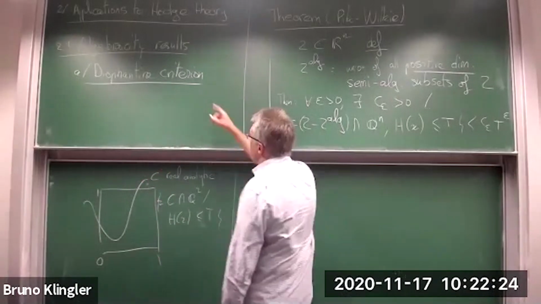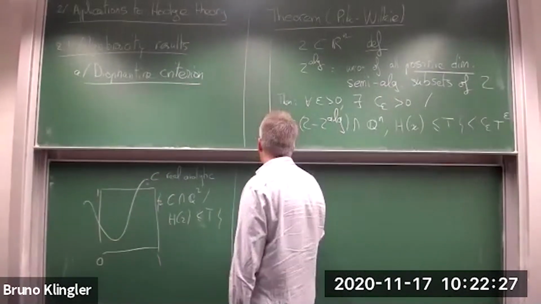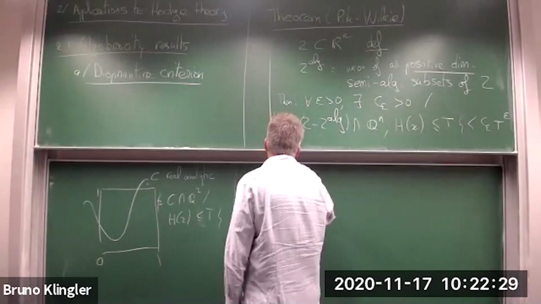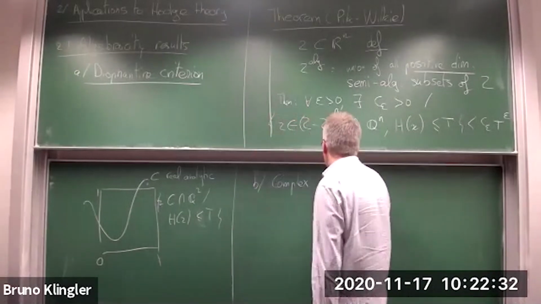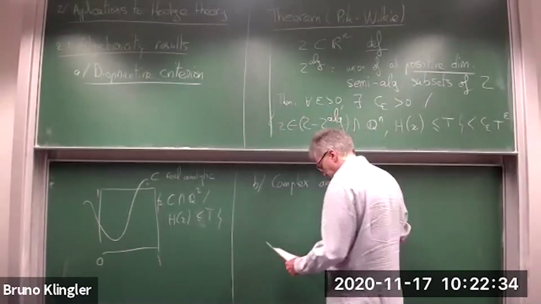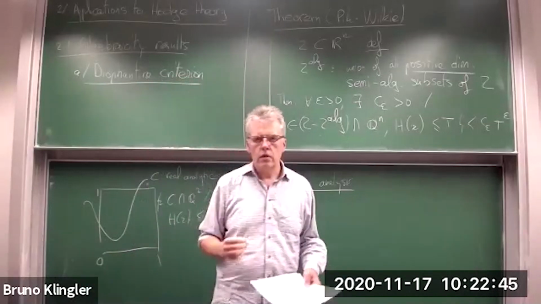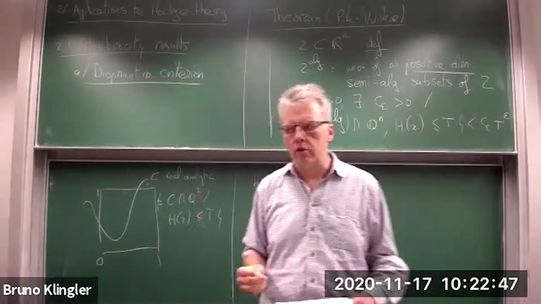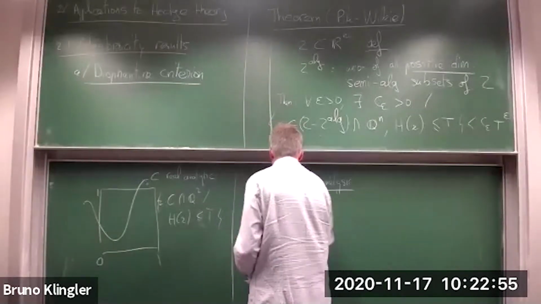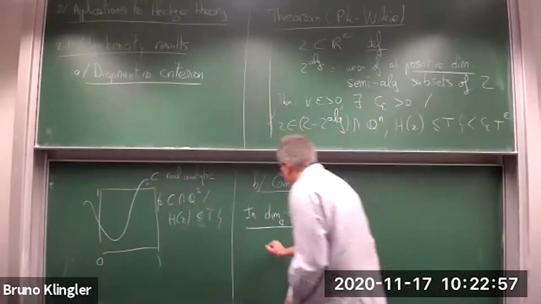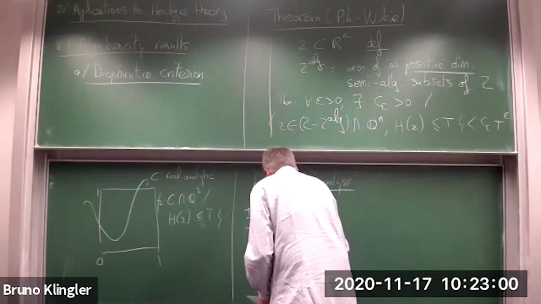So now, what is the second kind of algebraicity result? It has to do with complex geometry, so even complex analysis. What is the motto here? The motto here is that tame geometry, so o-minimal structures, is not compatible with the pathologies of complex analysis. Let me give an example in complex dimension 1, to give you some feeling of what happens.